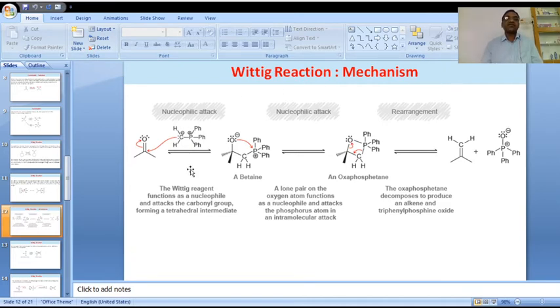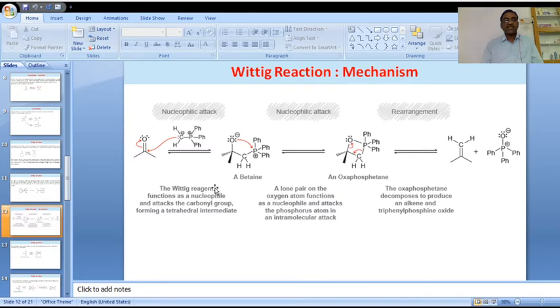Here, one by one, please observe the carbonyl compound. In the first case, on reaction with the phosphorane ylide, that positive and negative charged species,